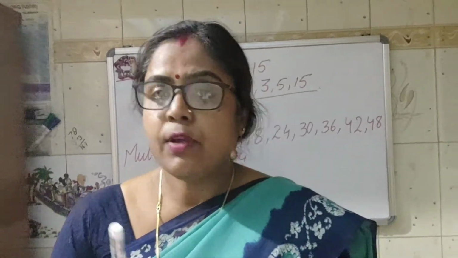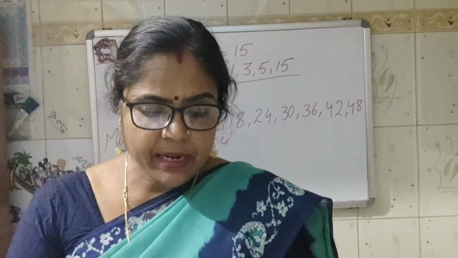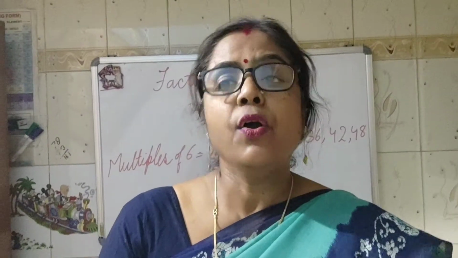Filling the blanks is given, division by 10, 100, 1000. You have to do it mentally. When we are dividing by 10, 1 digit will be the remainder. When dividing by 100, 2 digits will be the remainder. When dividing by 1000, 3 digits will be the remainder. And when dividing by 10,000, 4 digits will be the remainder. I am just showing you how.